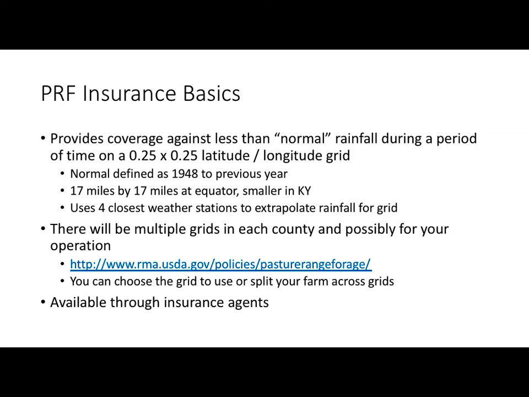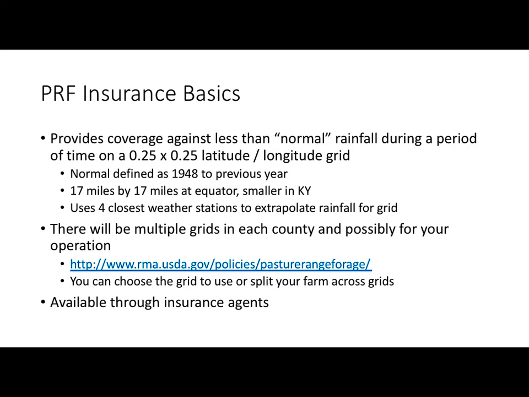And normal rainfall, as it applies to PRF, is defined as average rainfall going back to 1948, over a quarter latitude by quarter longitude block. At the equator, that's roughly 17 miles by 17 miles. I'm not real good at math, but it's going to be something closer to 13 or 14 by 13 or 14 here in Kentucky. And it's going to use the closest 4 weather stations to extrapolate an average rainfall